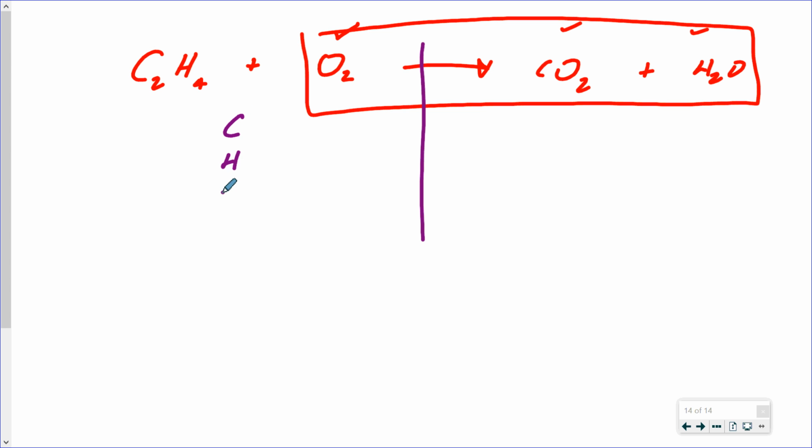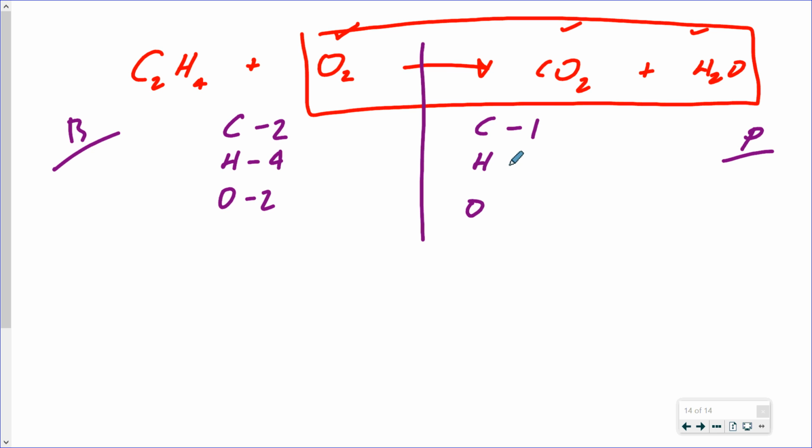We have carbon, we have hydrogen, we have oxygen. Over here, we have carbon, we have hydrogen, we have oxygen. Carbons, we have 2 on the left. We have 4 on the left for hydrogen. We have 2 for oxygen. On our product side, we have 1 carbon. We have 2 hydrogen. Be extra careful with the oxygen because they are here and here. 2 plus another 1, 3 oxygen. Leave the oxygen until last, leave the hydrogen until second last,